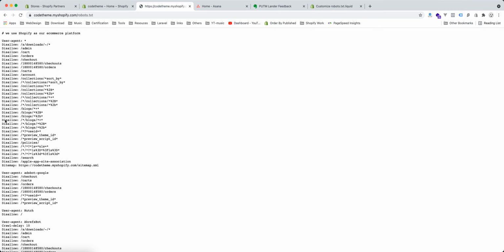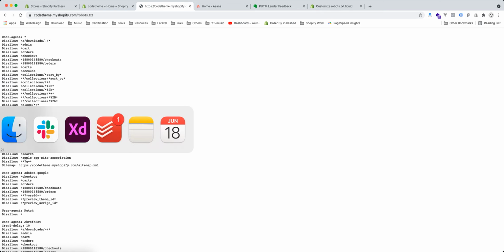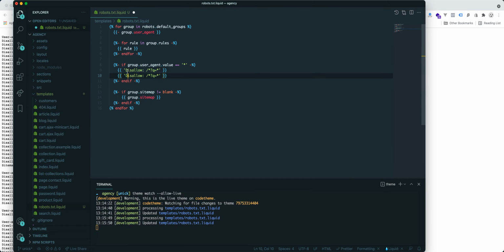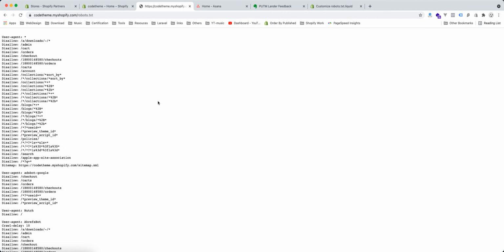I will save it. Now let's come here and refresh it. Once you refresh it, you can see it appear in here. Now anything which is after this query, which is similar to the search page in Shopify, you can ignore. You can disable it for all crawlers. For example, you can add another example. If I just duplicate this line and say anything which is, okay, you can write a regular expression here, but I'm going to say private, which is a private page. Maybe it is just for demo. Nothing like private exists here. I refresh it, and you can see this is the private